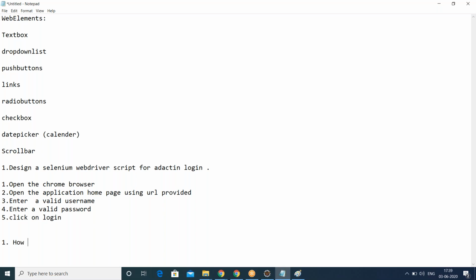The question will be this: how does Selenium WebDriver identify a web element from a web page?